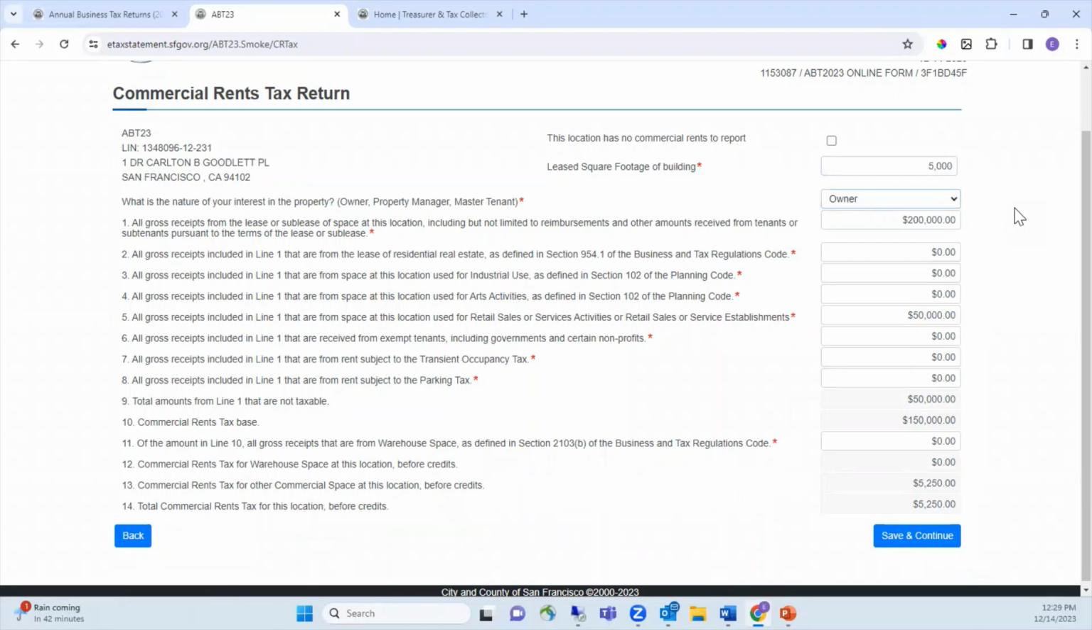Line 1, enter all gross receipts from the lease or sublease of space at this location. Line 2, enter all gross receipts included in line 1 from the lease of residential real estate. Line 3, enter all gross receipts included in line 1 that are from space at this location used for industrial use. For line 4, enter all gross receipts included in line 1 that are from space at this location used